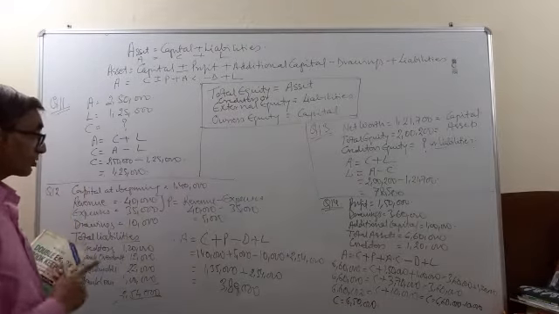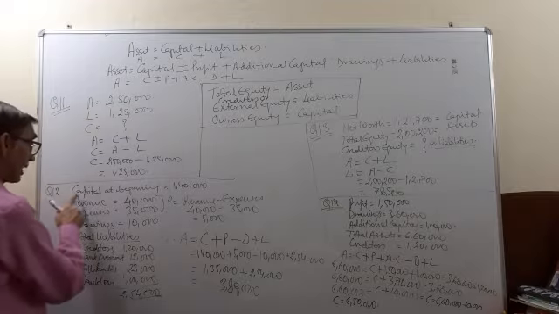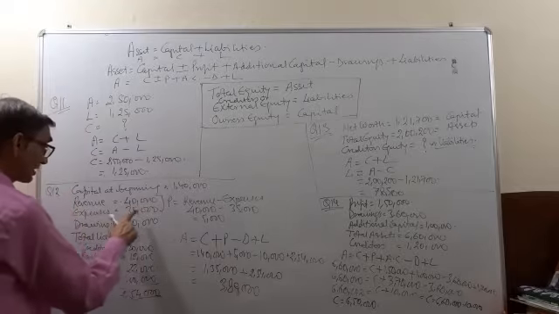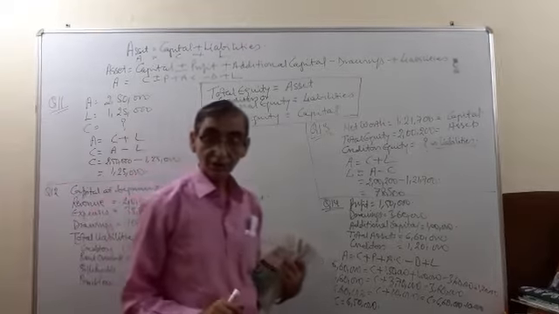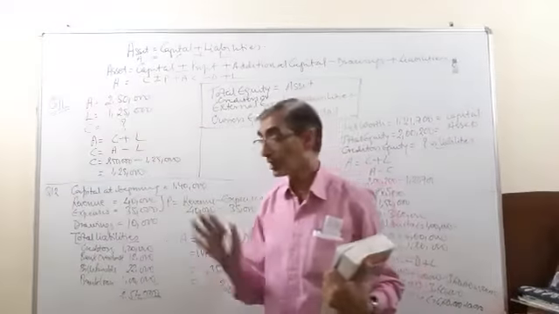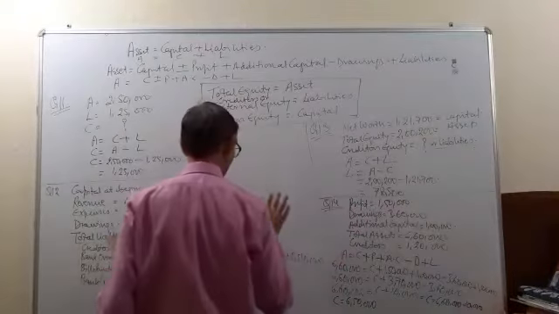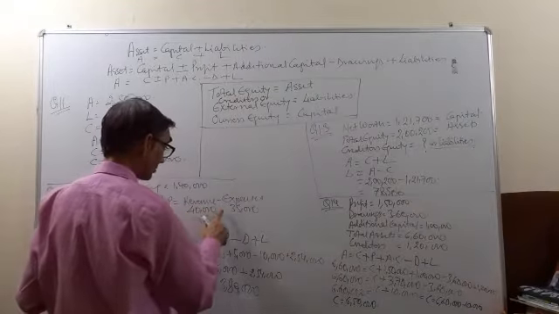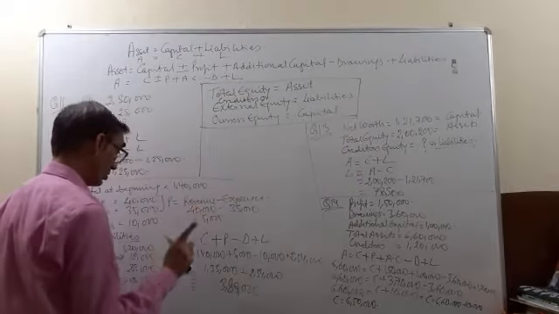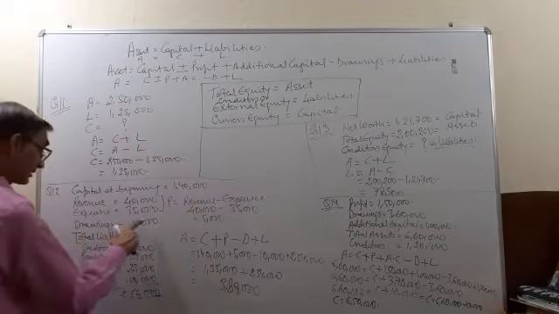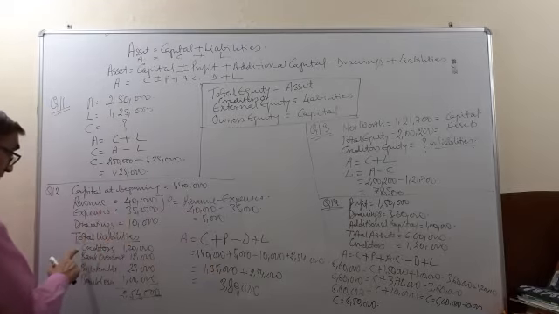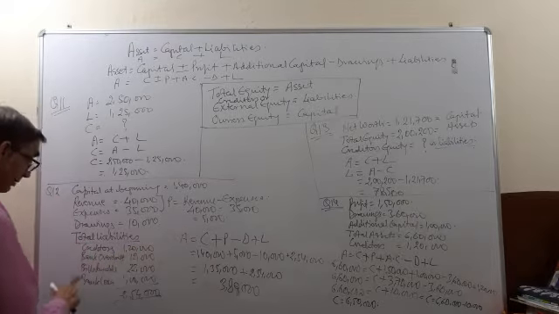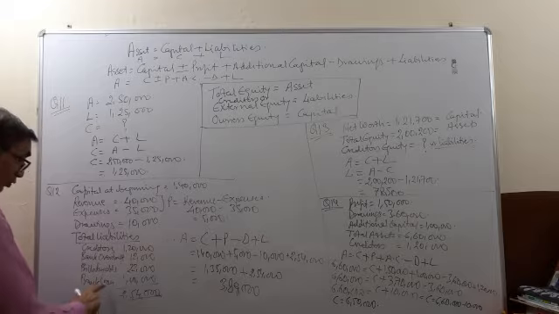So in this question, total equity is asked. What is given? Capital at the beginning 1,40,000. Revenue is 40,000. Expenses are 35,000. Profit is what? Revenue minus expenses is profit. So in an indirect way you are being provided with the information regarding profit. 40,000 minus 35,000 is equal to 5,000, which is your profit. Then drawings are given 10,000. Total liabilities include your creditors 1,20,000, bank overdraft 12,000, bills payable 22,000, bank loan 1 lakh.